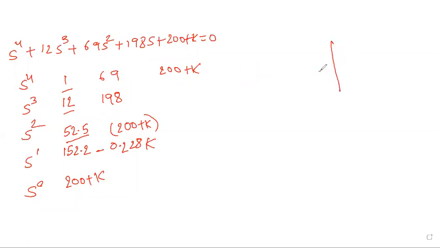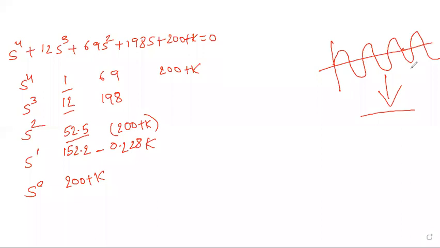Sustained oscillation is nothing but like this. Constant amplitude oscillations. If the oscillations look like this, sustained oscillations, what is the stability of the system? Is it stable or marginally stable or unstable? If we are getting sustained oscillations in the system, whether the system is stable, marginally stable or unstable? Marginally stable, sir. Marginally stable.